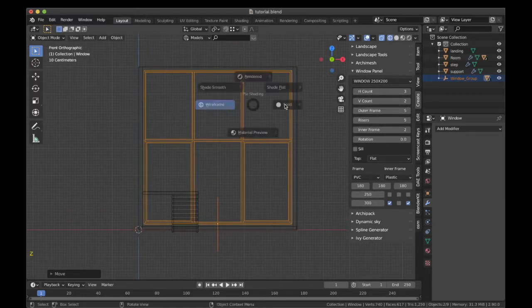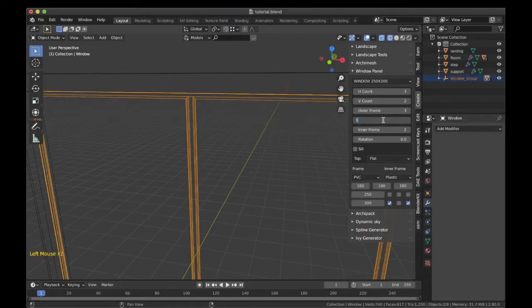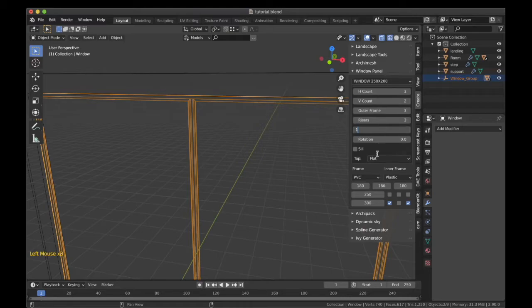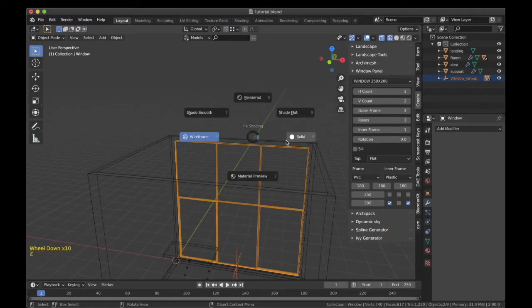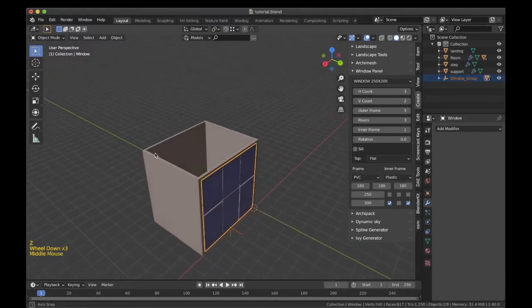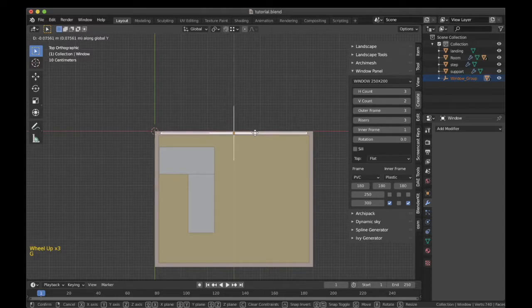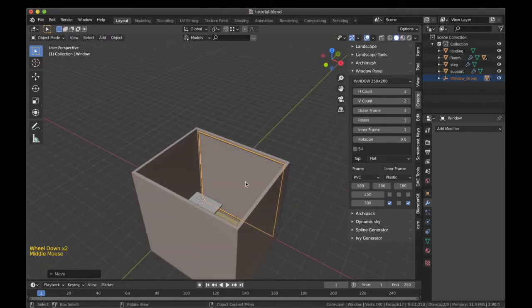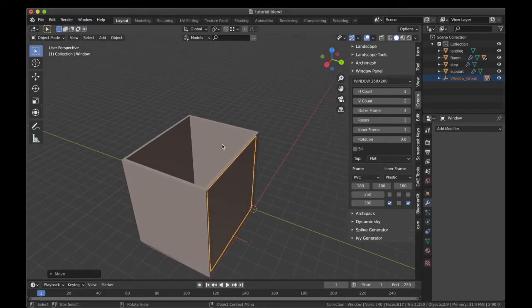Now the outer frame. I will reduce that to 3, the riser to 3 and the inner frame to 1. What that will do is give us a sleek looking window in the scene. As you can see, we have it placed correctly in the scene. I will place it inside the wall first and then show you. Now you can see we have the window inside the wall, but it is not showing up.